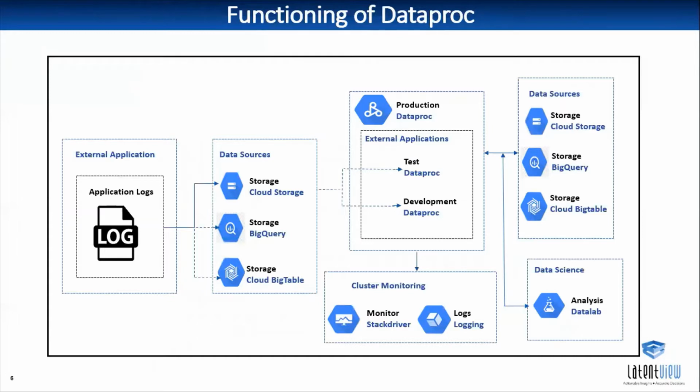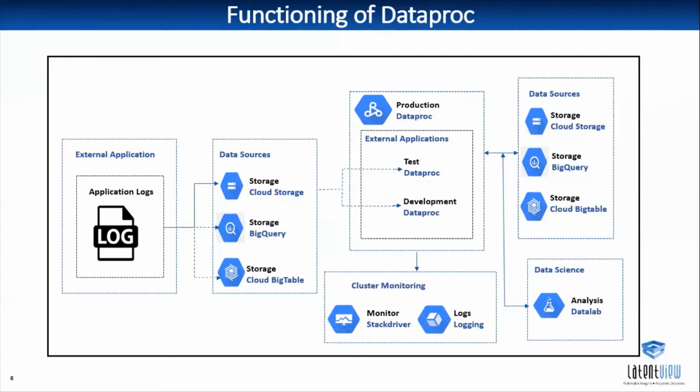Yes. So previously we saw what Dataproc is, the benefits of Dataproc, and how to set up a Dataproc cluster. So now coming to the architecture of Dataproc, that is how it works. Now we all know that Dataproc is a managed Apache Hadoop and Spark service. But the other main thing is that it integrates with other GCP services as well. It separates storage and compute, so it will reduce the burden of compute having all the storage details. We can have all the data and storage separately and transfer only the amount of data required for compute of a Dataproc.